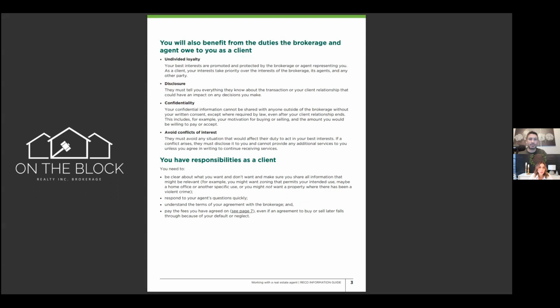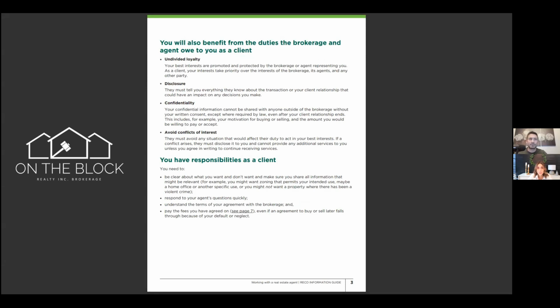It doesn't end there, though, when it comes to an agent's responsibilities. Both the agent and their brokerage owe their clients a protection of the client's interests. Advice and guidance are focused with the best interests of the client at the heart of it all. Any information that could have an impact on decisions you make with respect to a transaction must be disclosed to you by your agent as well.